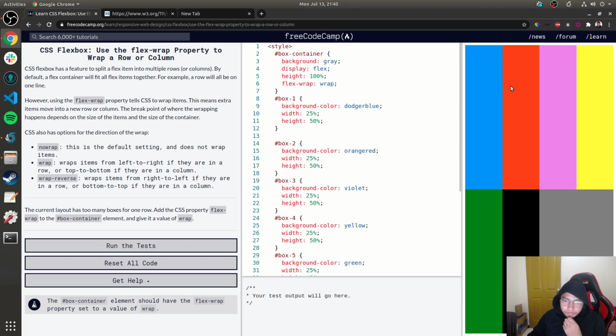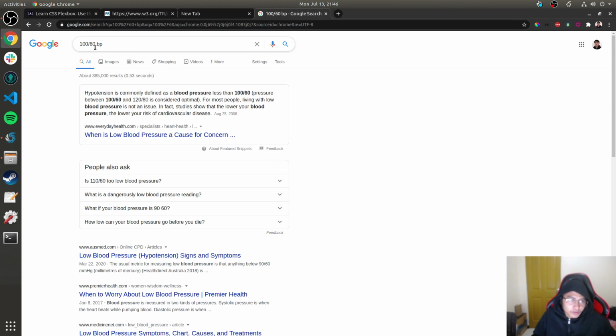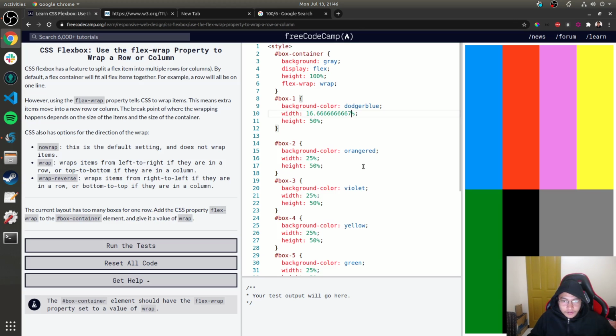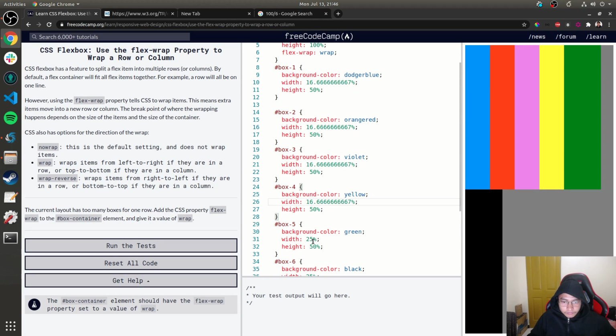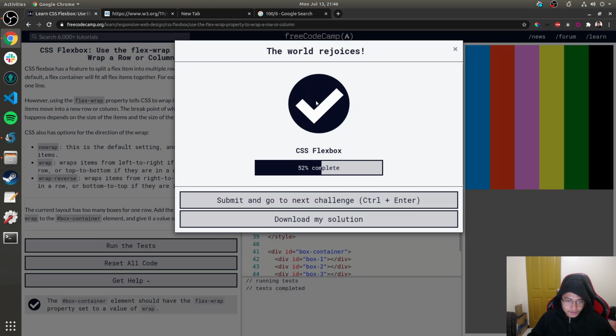So it went down because the width is 25% and 25 times 4 is 100. So if we're going to change this to 100 divided by 6, what, 16.667. Okay, it would adjust based on the width given. So if I run this test,